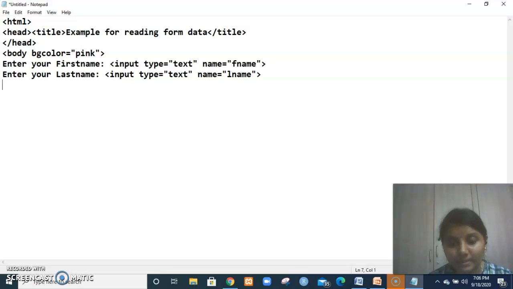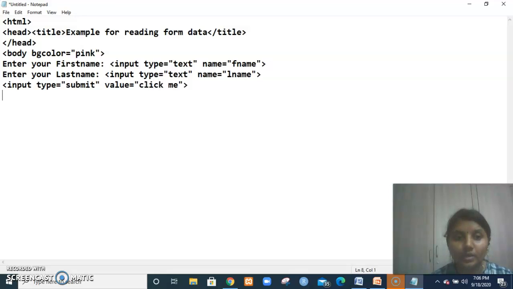For that we use input type equals submit. If you want to change its label, we can give value equals, say, click me. Now we have completed our form.